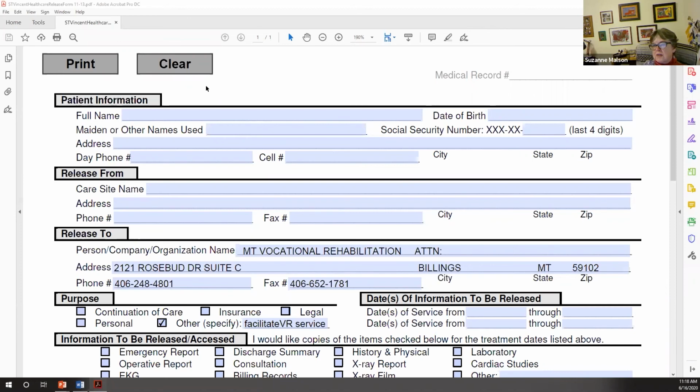Thank you, Christopher. When I was a director quite a few years ago, I went and talked with the director of Indian Health Services and the doctor administrating at the hospital at Indian Health Services. I also talked with the director of behavioral health, and we created documents so that the documents I would send were accepted.